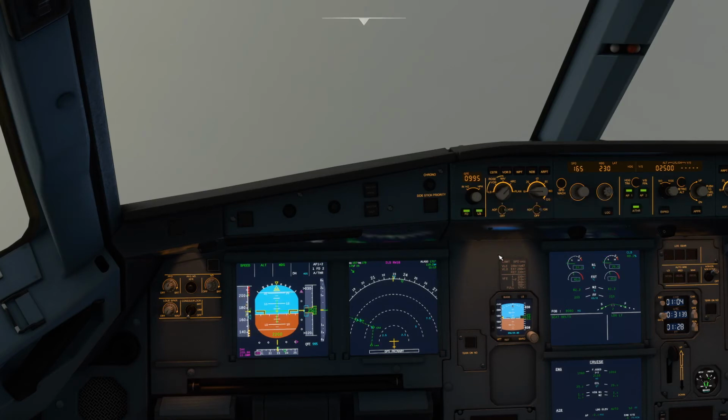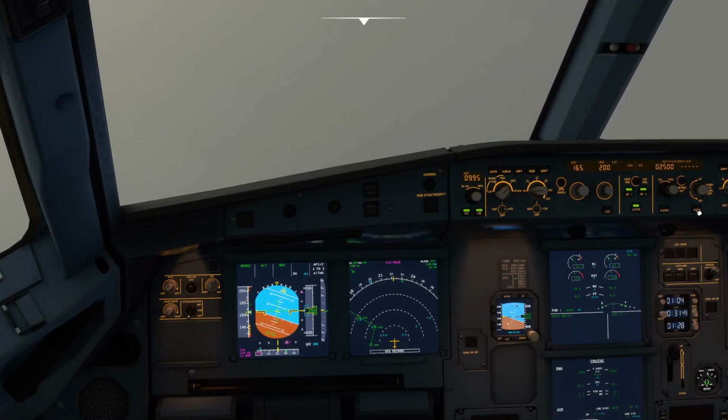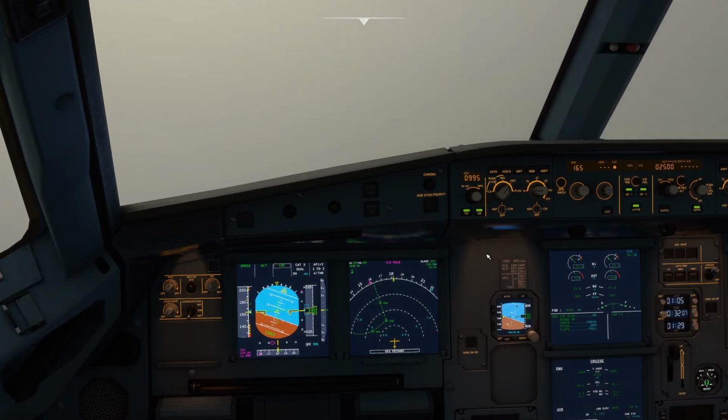All right, 165. 200 degrees and arm the approach. Once we level off and we cross 10 miles,